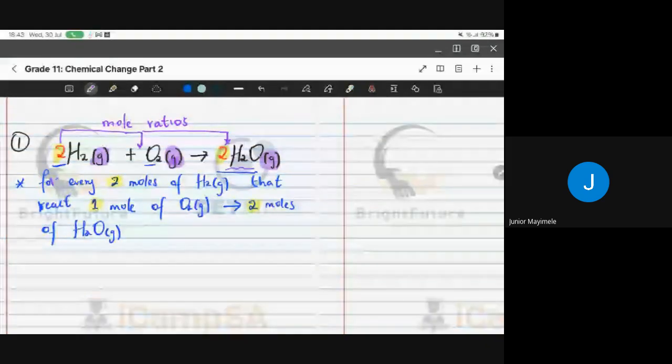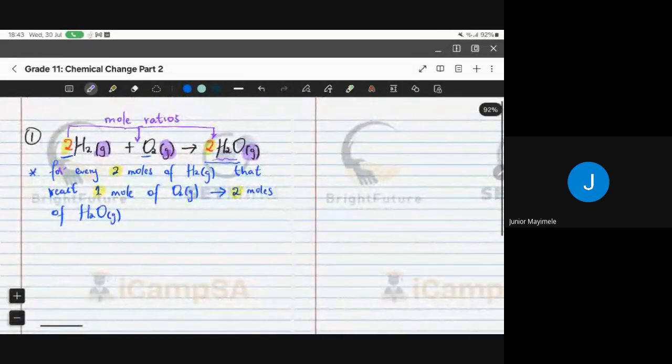This is what I've already written. For every 2 moles of hydrogen gas that react with 1 mole of oxygen gas, you get 2 moles of water vapor. That's what it means, at least in this example. So the difference between mole ratios and the actual number of moles, remember, we use n equals